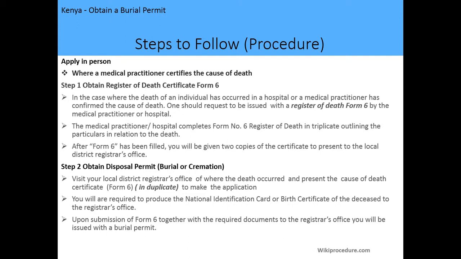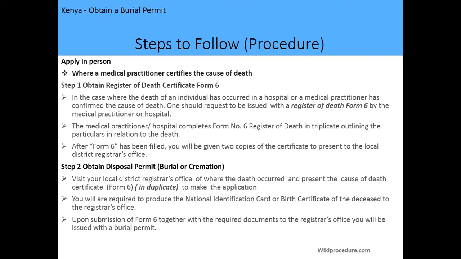You're supposed now to obtain the burial permit, also known as the disposal permit. So with these 2 copies of the form number 6, you're supposed now to visit your local district registrar's office of where the death occurred. Okay, and you are supposed now to present the cause of death certificate, which is form number 6, in duplicate